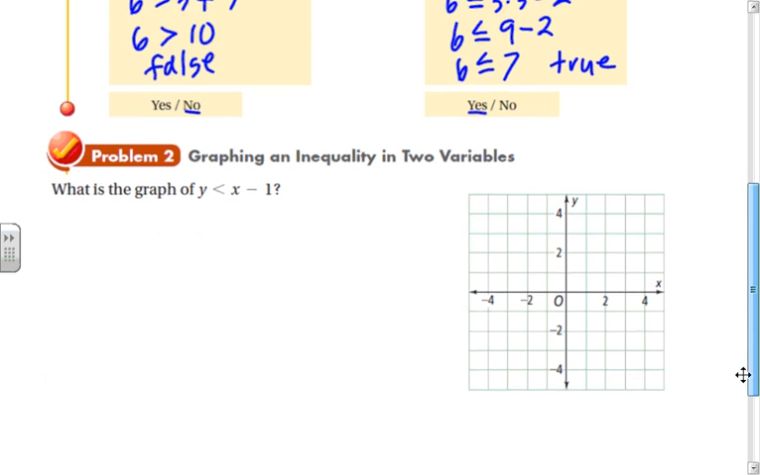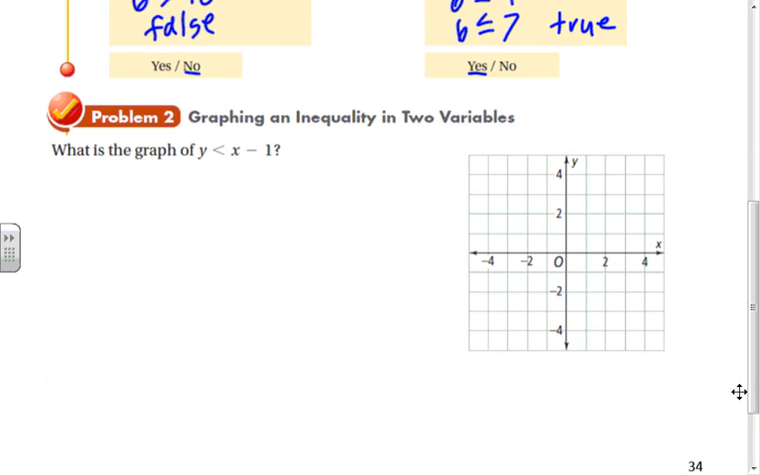The next thing we're going to do is graph. Because when you have an inequality with two variables, there are many solutions. And basically, any ordered pair that makes this true is a solution. Well, there's a boundary line for this, and